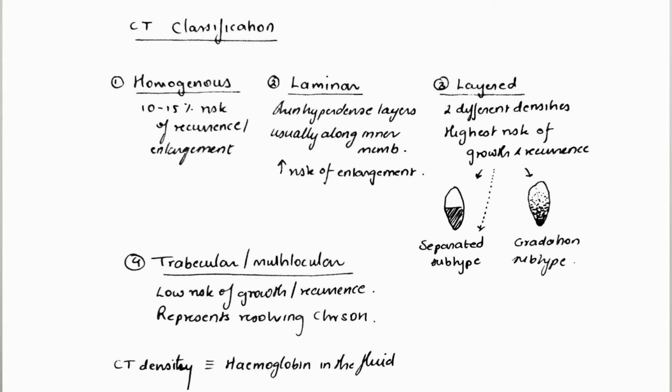So the layered variety is the one that has the highest chance of recurrence and growth, and the multilocular and the trabeculated variety essentially means that fibrosis has set in and it's in the older stage, so these have lesser chances of recurrence or growth. The clinical presentation: most of the subdurals are in the elderly. Most of them are well preserved. So 80% of subdurals will have a GCS score of say 13 to 15, and only about 20% will have a really grossly deranged Glasgow Coma score.